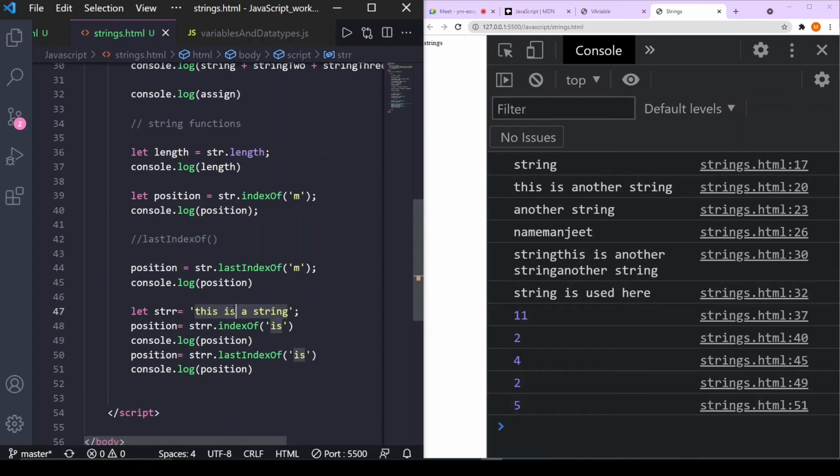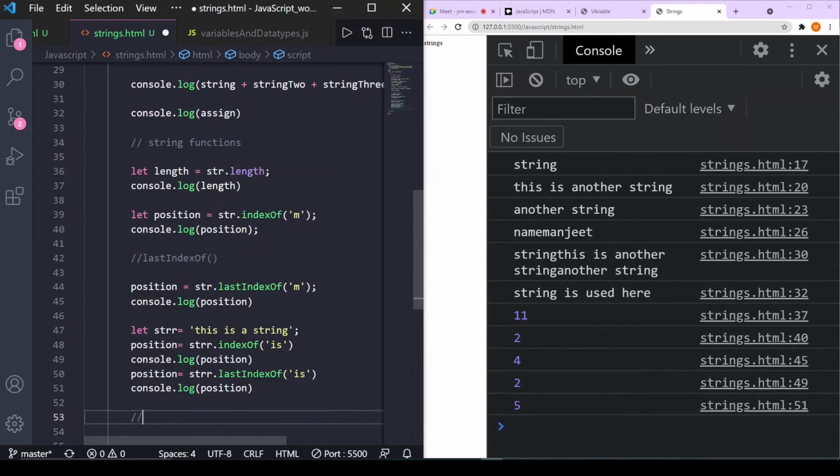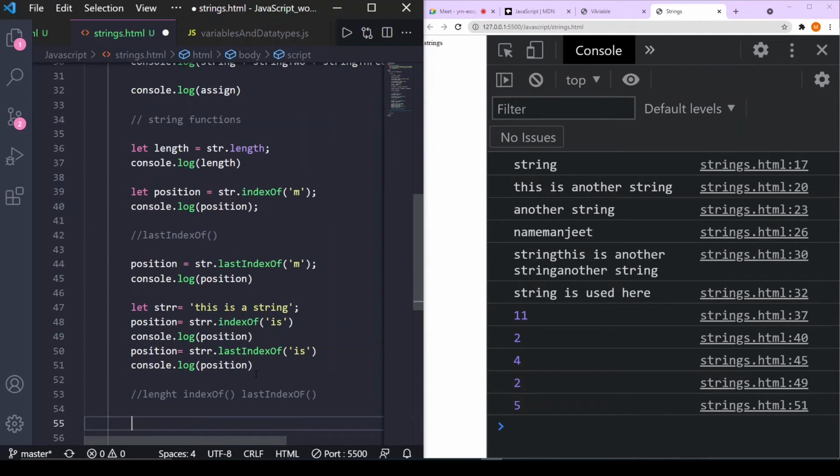So lastIndexOf gives the last repetition of that particular string we want to check. The indexOf gives the first time it starts. So till now we have seen three methods: length, indexOf, and lastIndexOf. Let's move further.